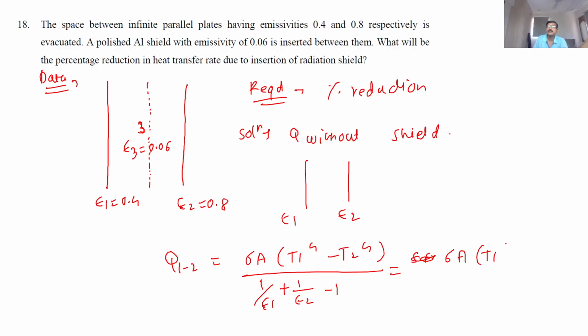Sigma A, T1 raised to 4 minus T2 raised to 4 in the numerator as it is. 1 upon epsilon, that is 0.4, plus 1 upon 0.8 minus 1. So Q1 to 2 is equal to sigma A T1 raised to 4 minus T2 raised to 4 divided by